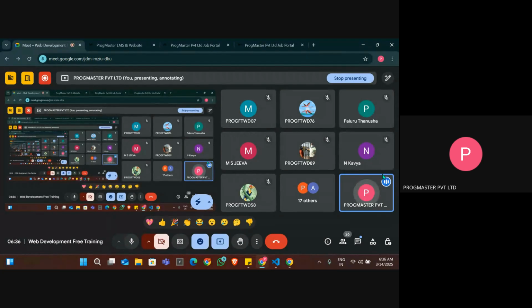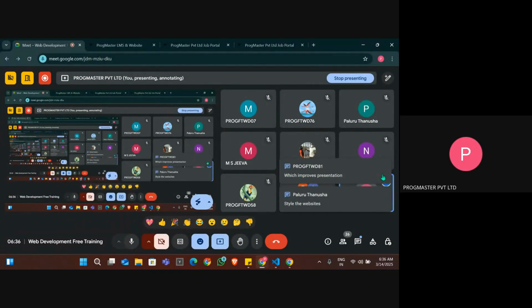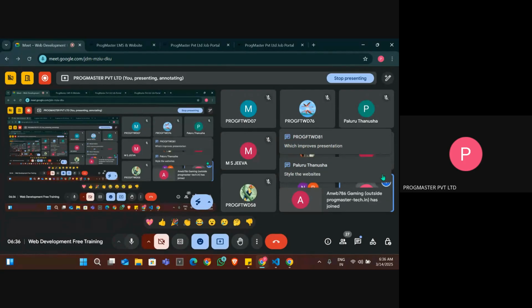Let me tell you a fun fact. For example, we are humans, right? We have a skeleton to give a structure for height, short,